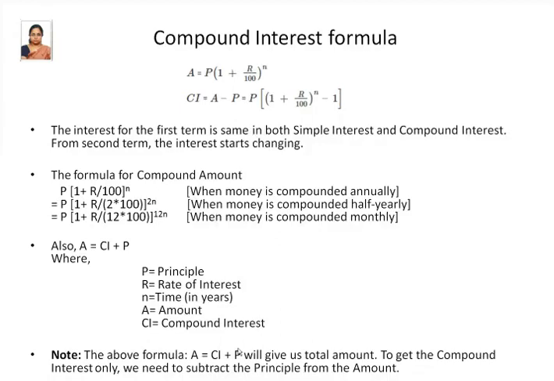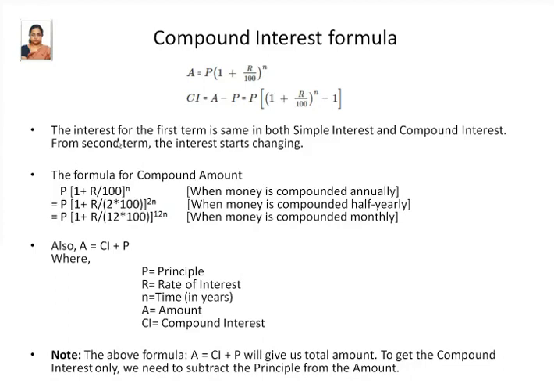Compound interest formula. We can calculate this formula as the interest is also considered as principal, so we have to consider that altogether. The amount is principal into 1 plus R by 100 to the power n. When you want to calculate only the compound interest, we need to subtract the original principal from the amount. That is A minus P. The amount is this one, and then minus P, when you take P as common, minus 1. So this is the compound interest.